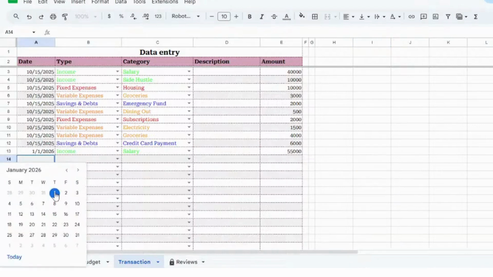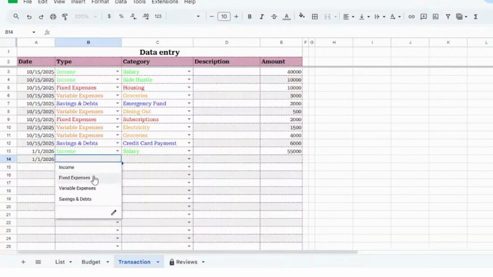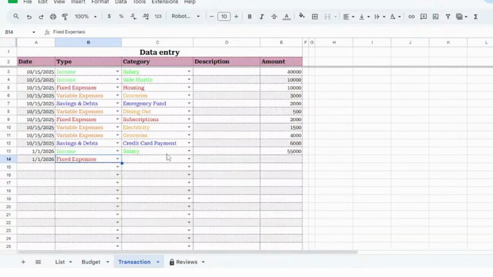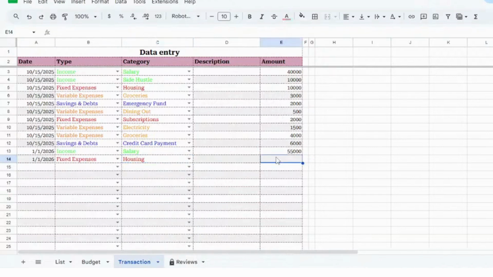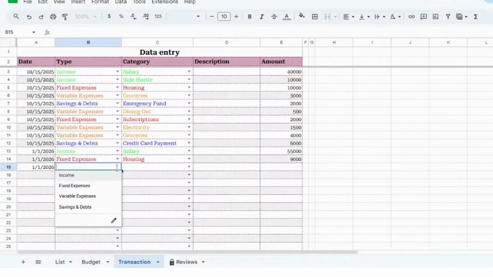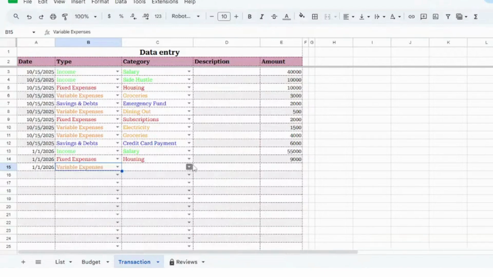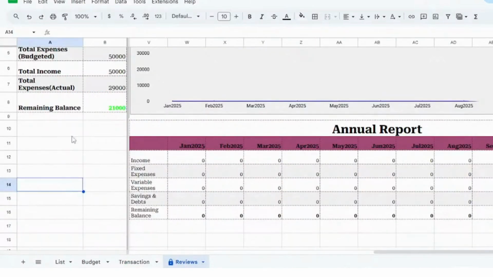Let's record. I'm going to record one category for each month, for each section, and let's move on to our third item, variable expenses. Let's say, so now to be able